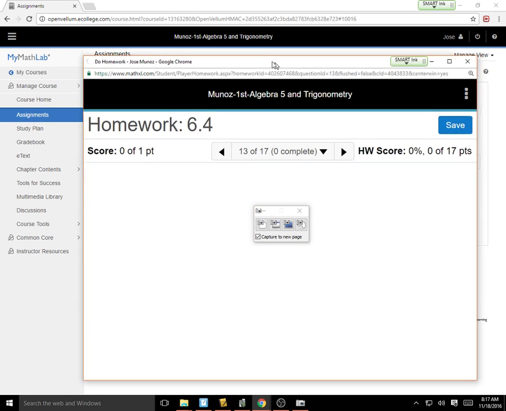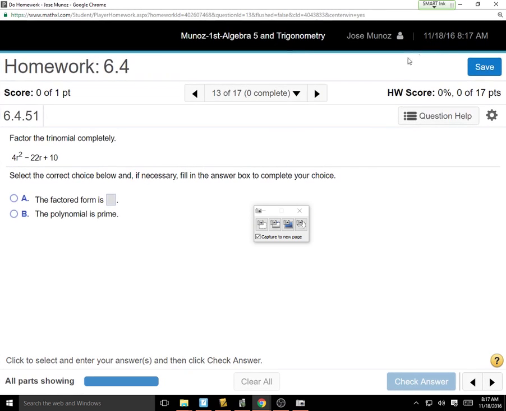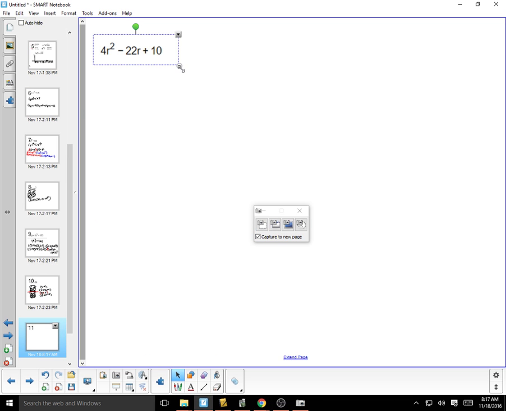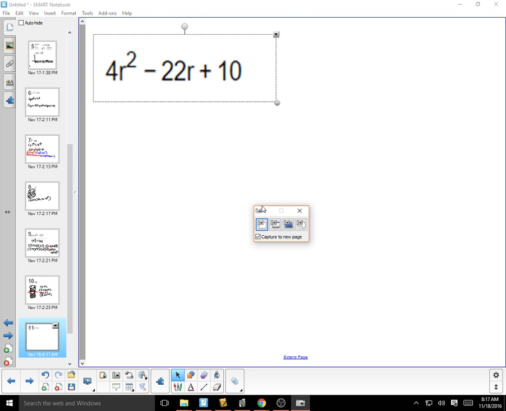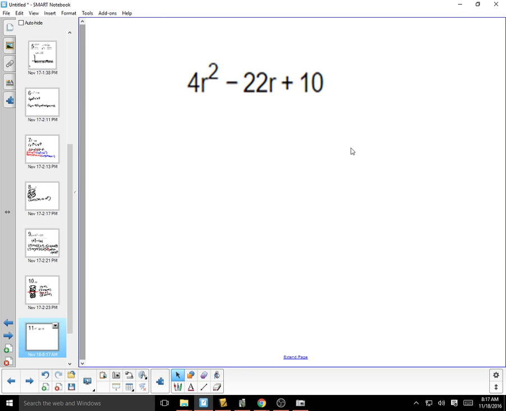Let's see what it is. Oh, excuse me. Okay. Alright, so Peyton, what's the first step you want to take here? Find the, what's it called? The common. Wait, don't you take out like 2? Yeah, see if there's a common factor, and you want to take that out first. So if you take out the